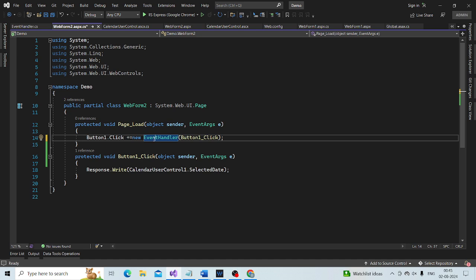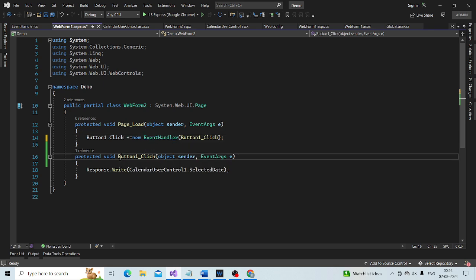So the signature of the delegate event handler matches the signature of the event handler method to which it is pointing. How is it pointing?